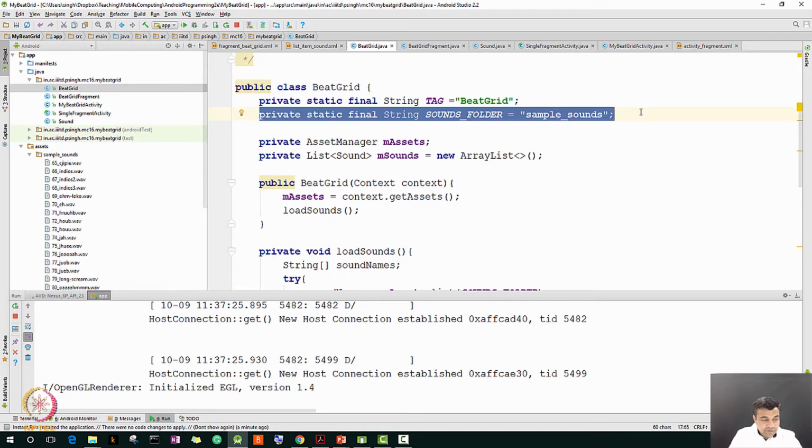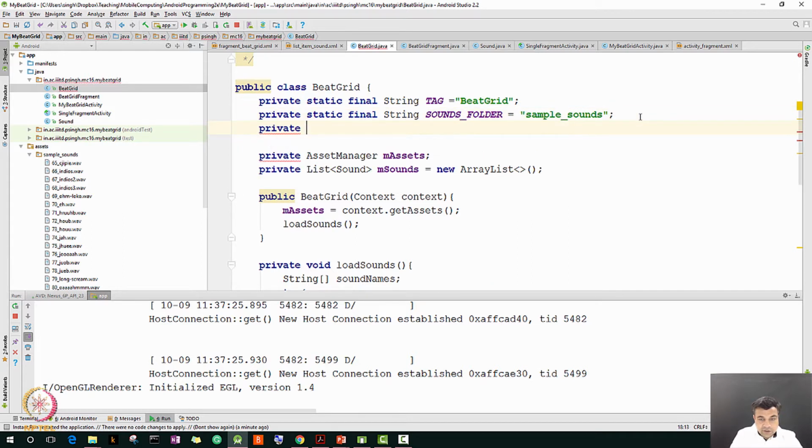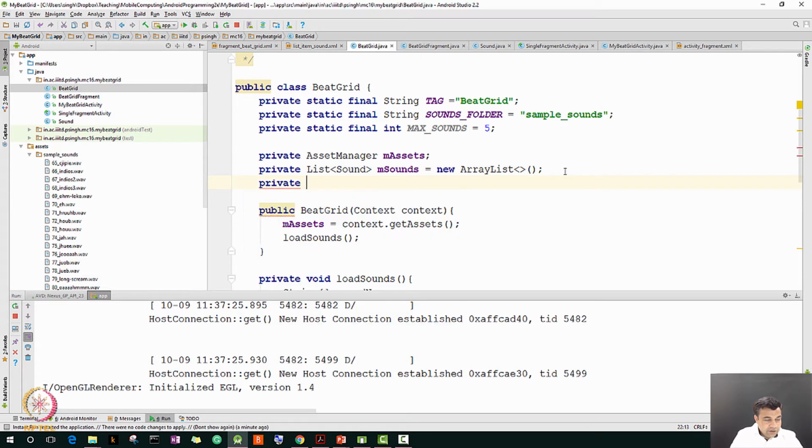After the folder address, let's define one more variable, which is private static final int max sounds equal to 5. We can give any number. We are starting with 5. Then we create another variable of type sound pool, which is under android.media sound pool, and then